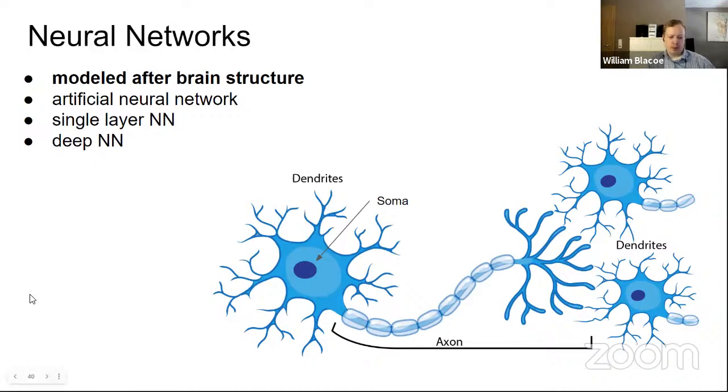Brain biology. Human brains have billions or trillions of these neurons. You see three here. In the middle, it has the nucleus or soma. And as inputs, it has dendrites, where you get these chemical signals coming in. When enough of the signals have accumulated in the nucleus, the cell will fire. It will send its own chemical signal along the axon and pass it on to all the other cells that are attached to it. Other cells' dendrites get this signal